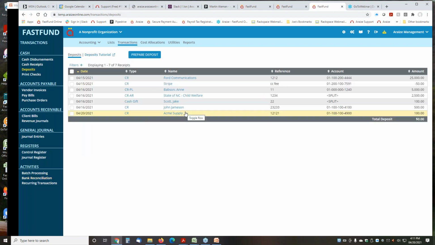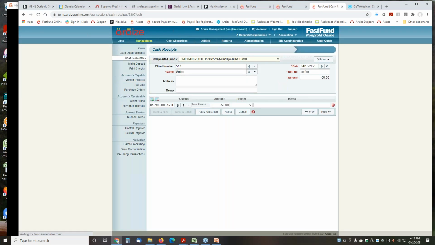Let's say you have credit cards that come in, and the net amount that comes into your bank account is the total for the credit cards less the Stripe fee. So if all of these were pledge payments, or these two transactions, these were coming in from fundraising, and we use Stripe as our credit card processor, and the total amount was not $5,100, it was $5,050. So what I needed to do was, in cash receipts, I enter a negative cash receipt for the Stripe